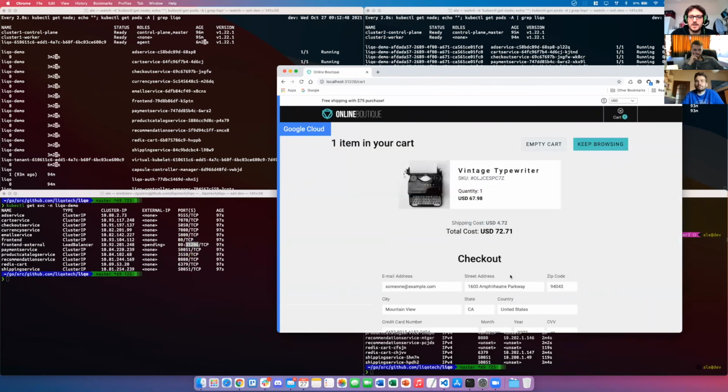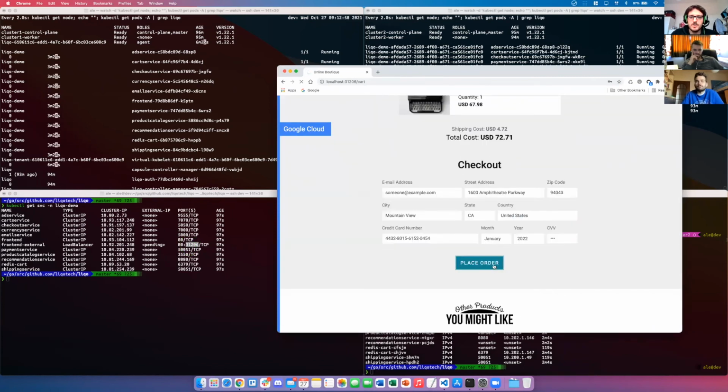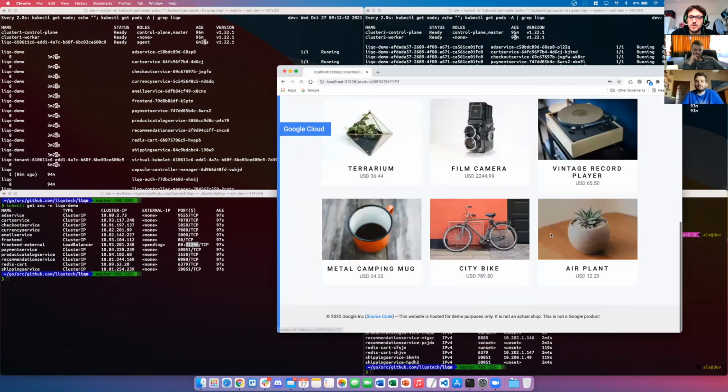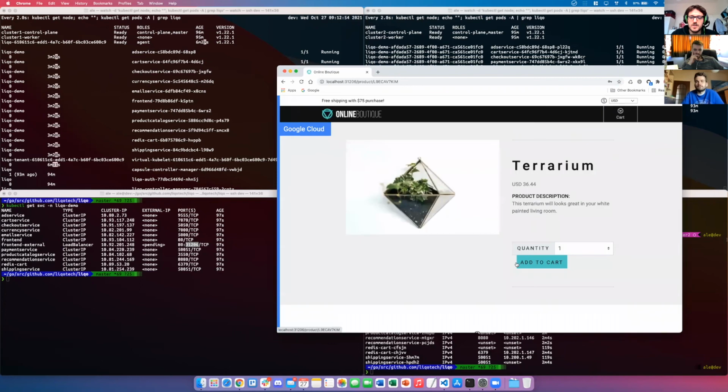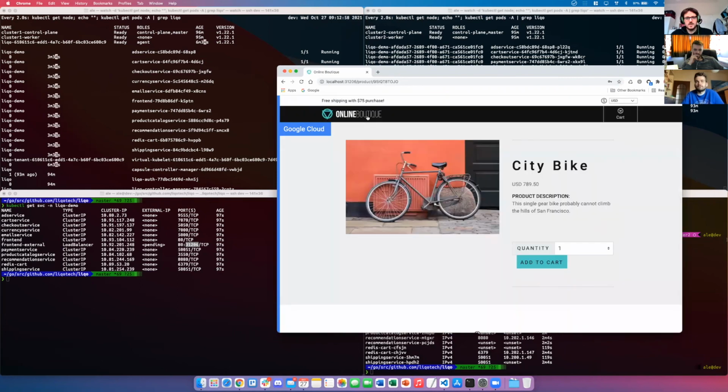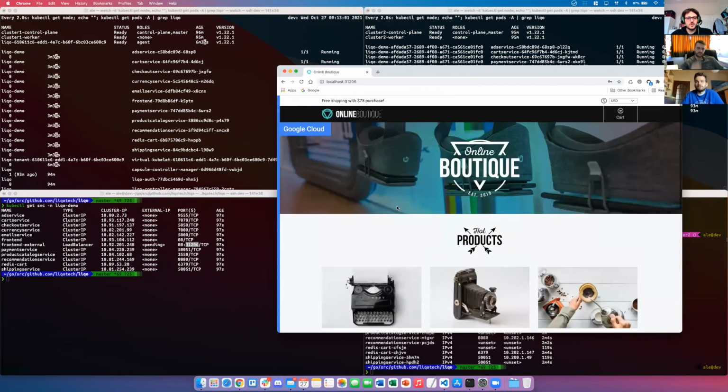We can place an order, we can see different items and so on, and it's pretty easy to observe. So now we have an application which works without any modification to the application or to the Kubernetes control plane, just by installing Lico as an add-on.